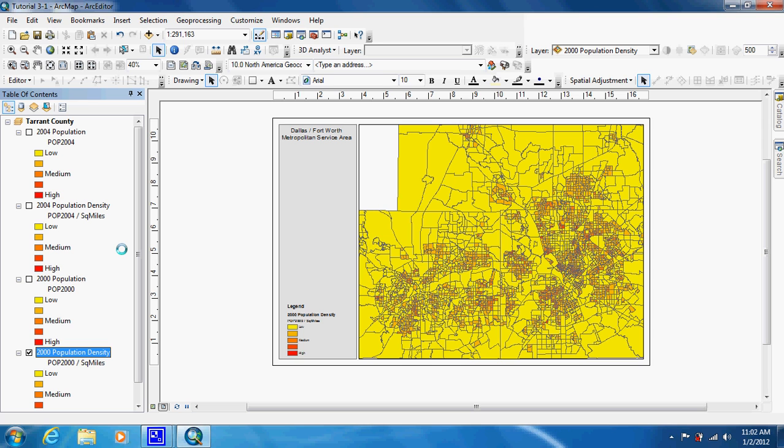Now what they want us to do is compare these. Normally what you do is a layout view showing the 2004 population next to the 2000 population, and the 2000 population density next to the 2004 population density. But the problem with that is they're going to be small, because you're going to have to squeeze them on the same page, or you're going to have to print out two maps and flip them over to see the comparison. What we're going to do is use the swipe tool, and what that's going to allow us to do is